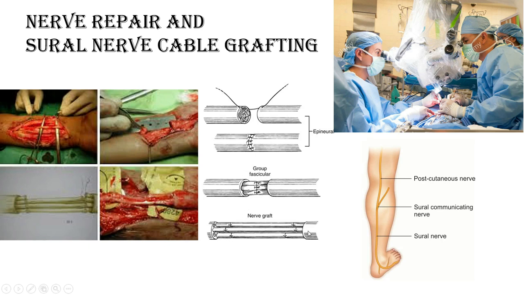How can we give a nerve graft? We can use the sural nerve. It is found in the posterolateral aspect of the leg. We can take the graft and put it here like a cable. Cable means 1, 2, 3, 4, all the cable lines, and we stitch here and again at this end. So this is called a cable graft. It is most commonly done using multiple grafts taken from this sural nerve.